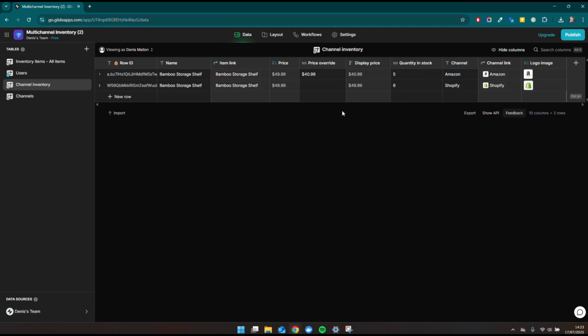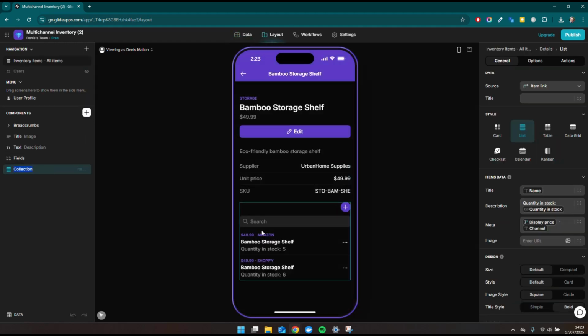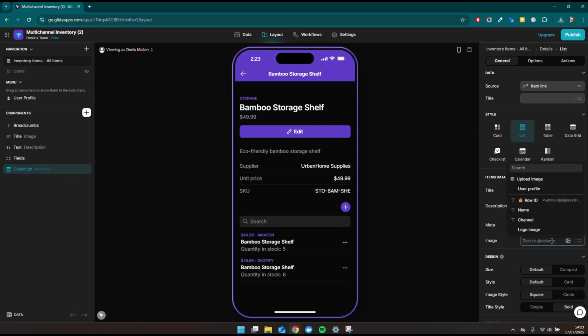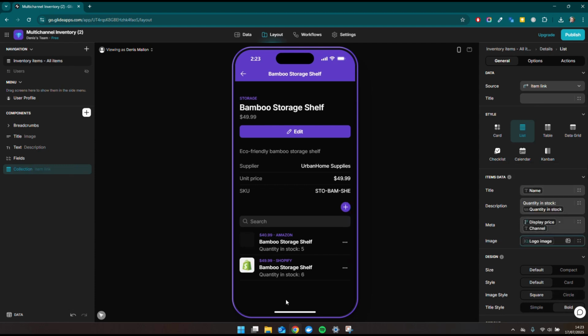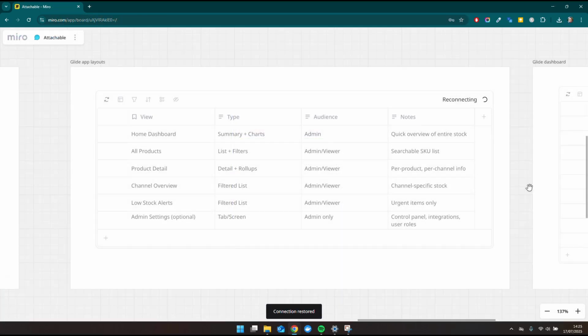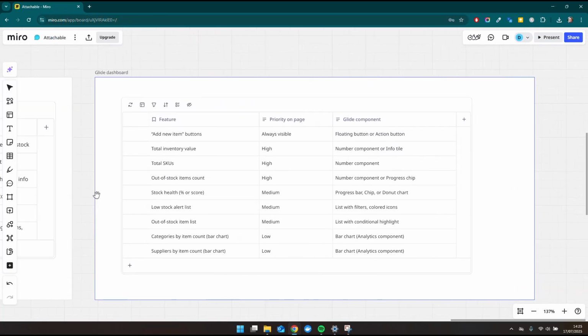And that's coming through now. Back to our layouts, and we should be able to pull through. Nice. Okay. So that's displaying just as we want it to. Now here we are back in Miro, and I've got another table here which is again just some ideas about